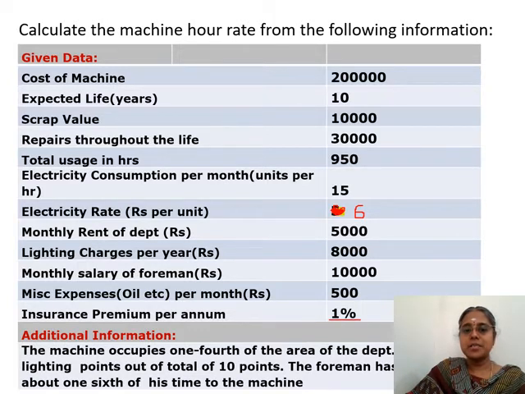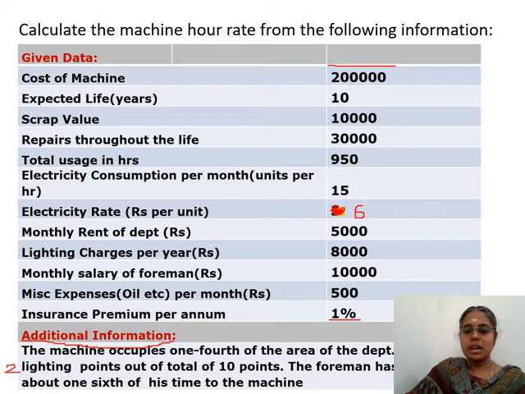So we'll see. I want you to pause the video, take this problem, and they have given some additional information also. The machine occupies 1/4 of the area of the department. So this machine, for which you need to calculate the machine hour rate, occupies 1/4 of the area in the total department, and 2 lighting points out of 10 are used for this machine area, and the foreman